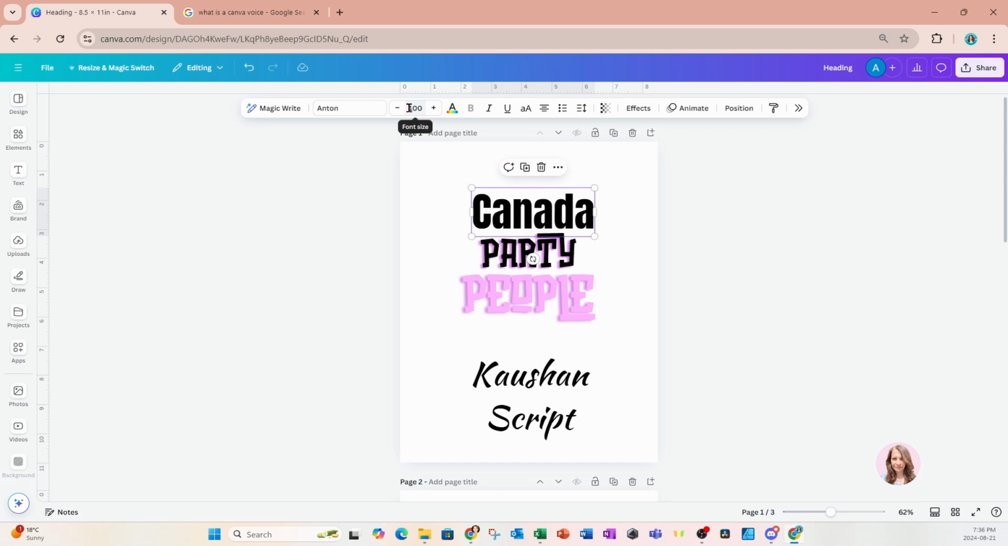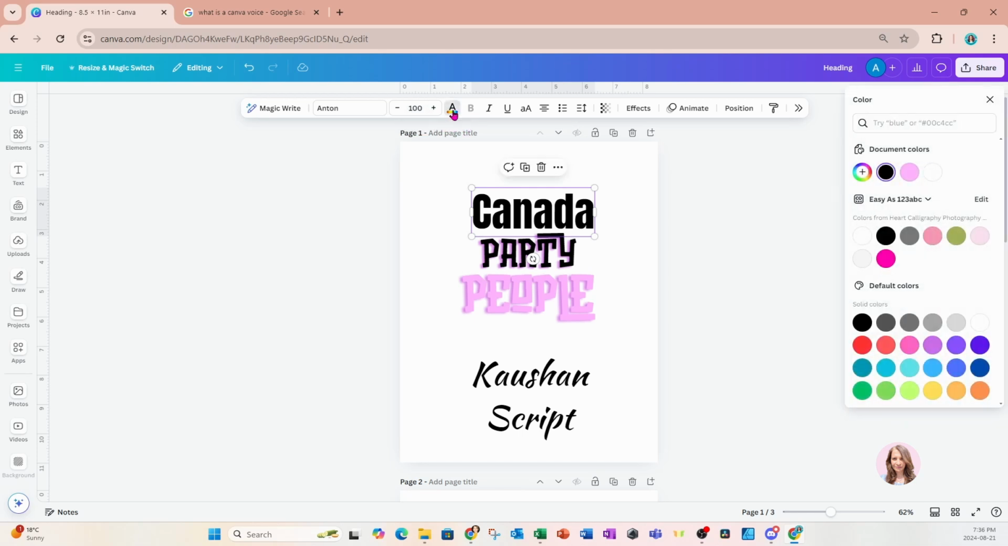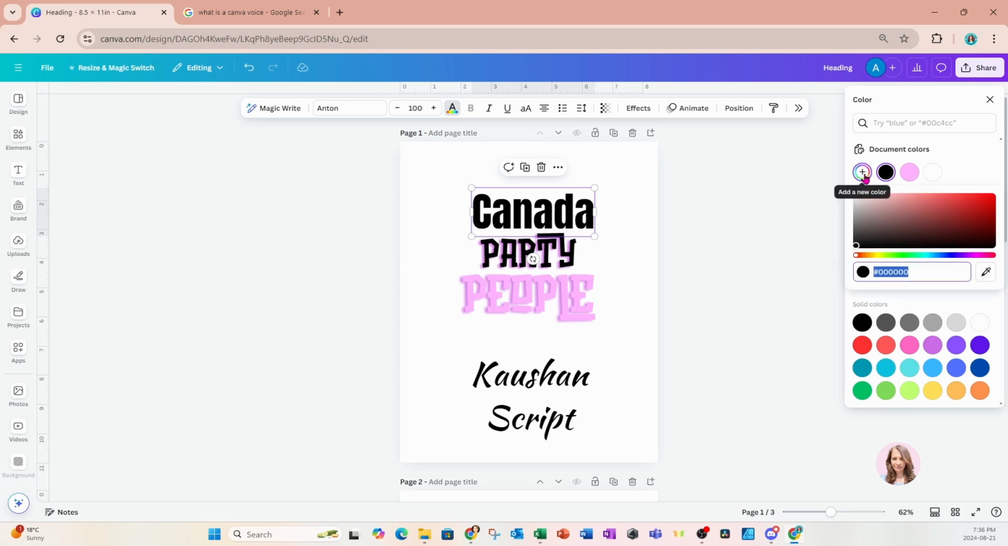Next to the font size is text color. When you click on text color, you're going to get a panel opening up on the left with different options. Now these are default colors. These are my brand kit colors, and these are the colors in the document. Now, if none of these colors suit your preference, you can always add a new color by clicking on that color chooser and